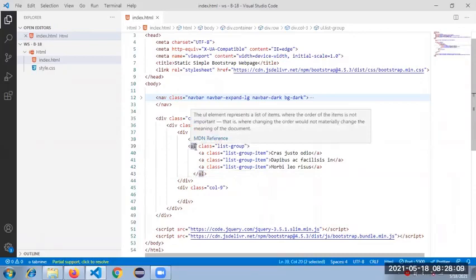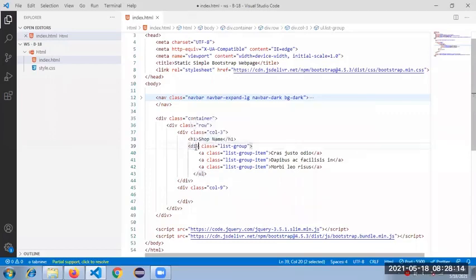Nothing else I did, just changed this UL to div.